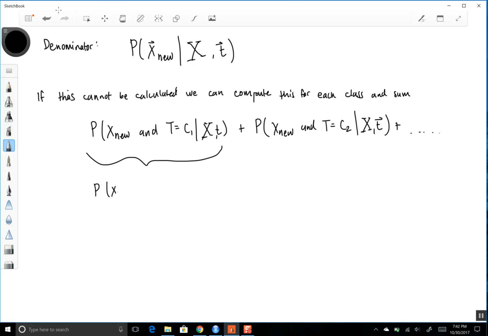So this becomes x new given t new equal to C1 and x and t, times the probability of t new equal to C1 given x and t, plus